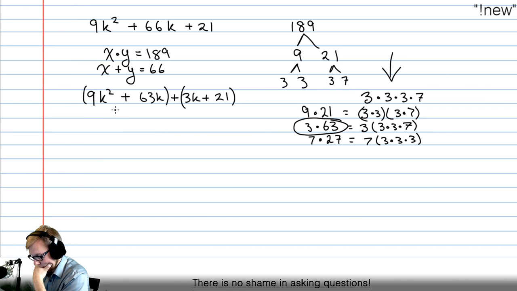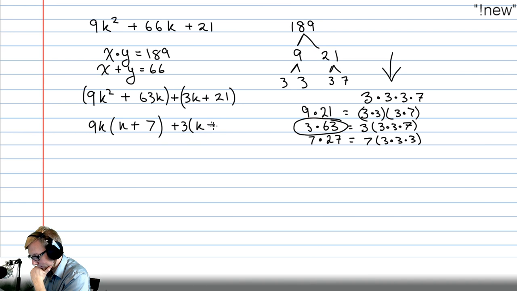And inside this first set of parentheses, you get k plus 7. And 3 is your greatest common factor. K plus... So the end result gives you